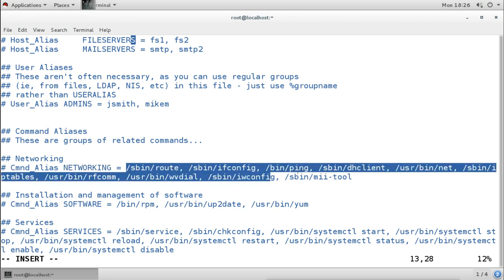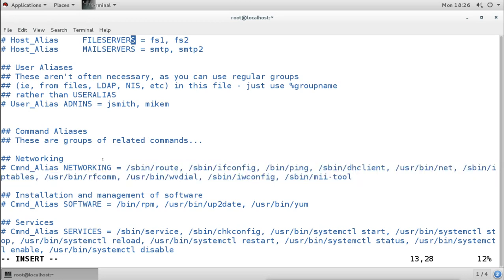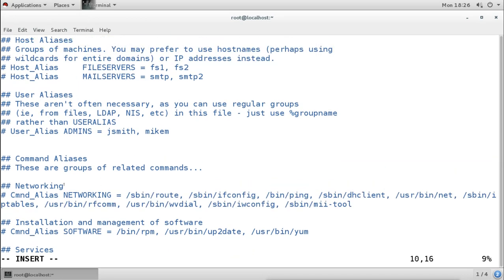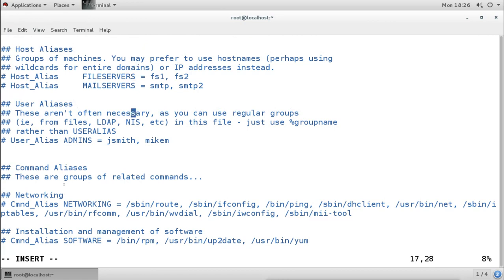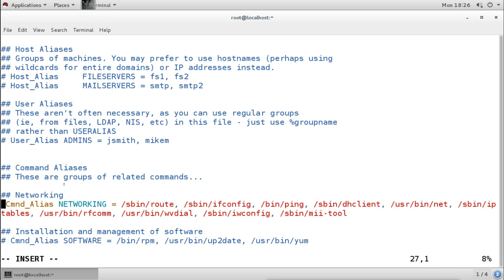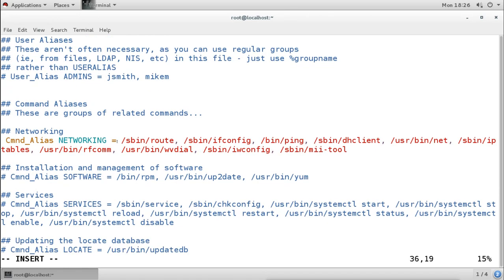So if we want to give the user networking commands, we have to enable the alias here. And how can we do that? We just remove the hash here. Now you can see it is showing in colors. That means it is now enabled, and if I give networking to any user, our system, this sudo, knows that networking means these commands.